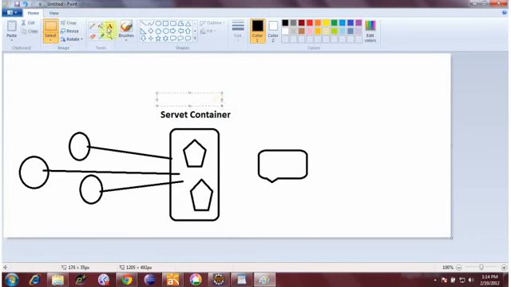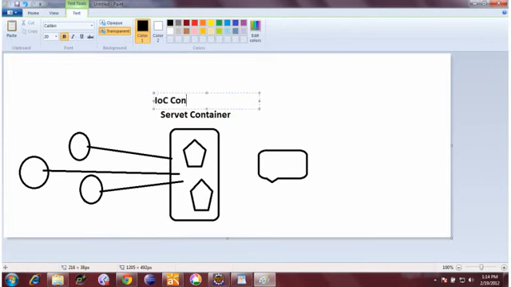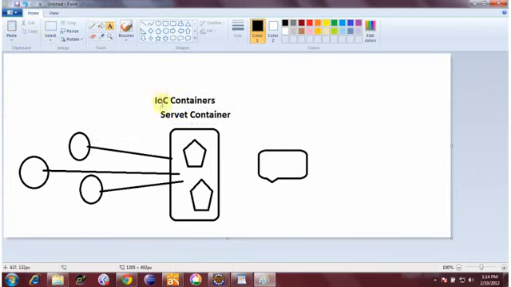Let's say, in the case of Spring, I have IOC containers. We don't have the concept of a Servlet container here. Let me cross it out so you don't get the impression that I'm using this term. No Servlet container, it is the IOC container. So we have something in Spring called the IOC container, through which you, the developer,